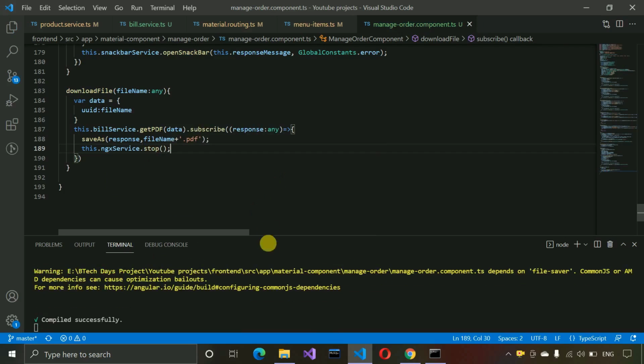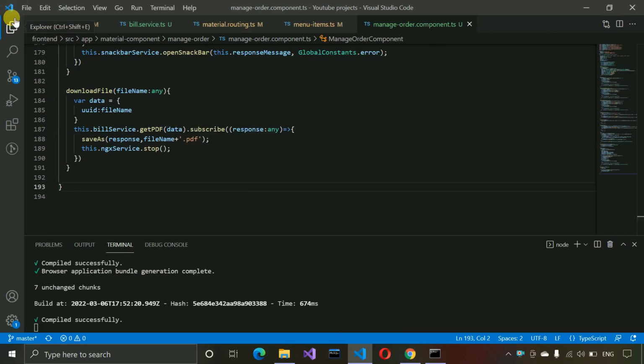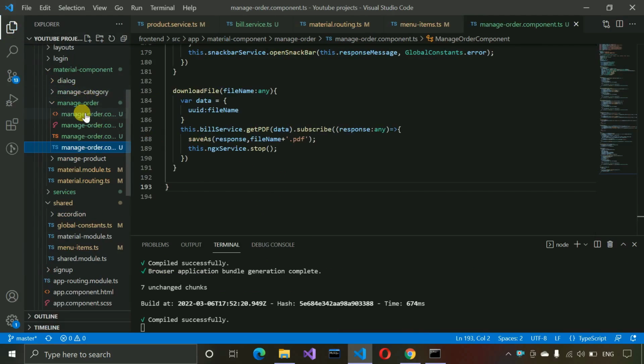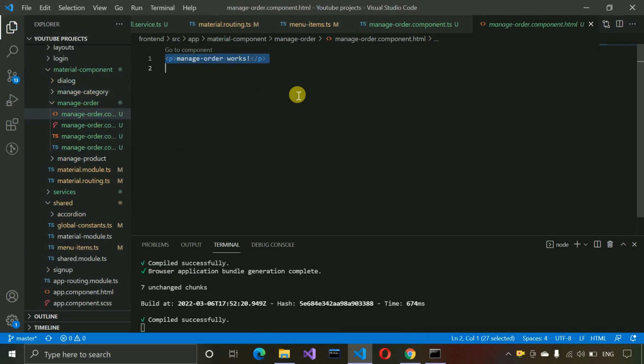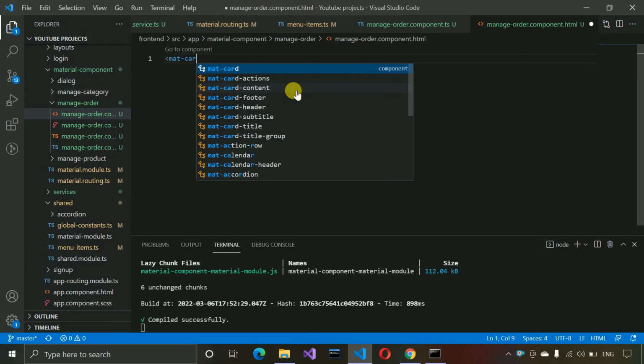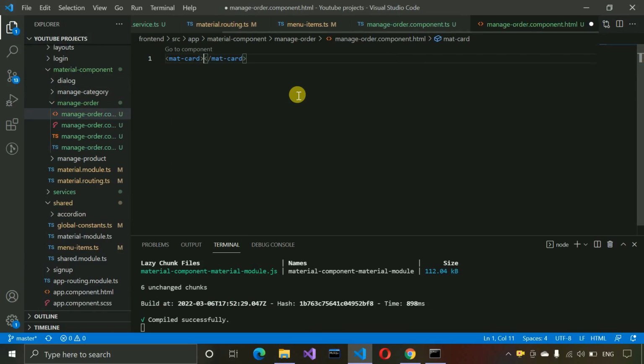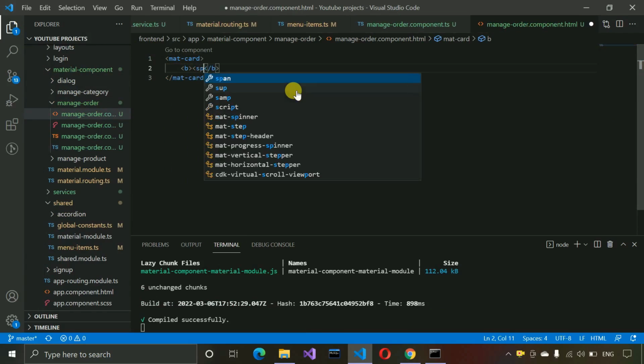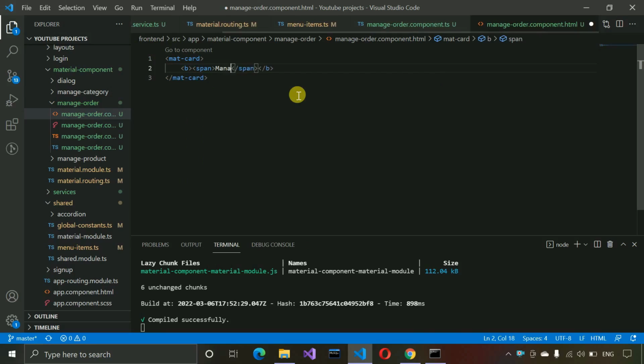Okay, so after that we need to move to the UI or HTML part of this page. So let me move over here, let me delete this one, and from here we need to write first a mat card, this one, and in this first we need to write here span bold, and here we have to write manage order,